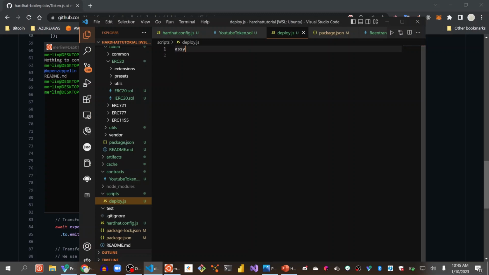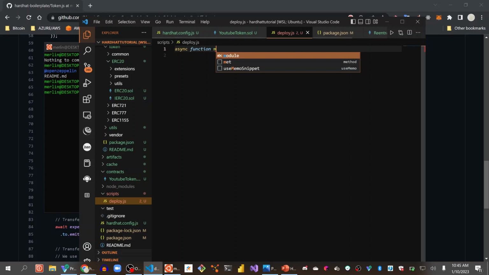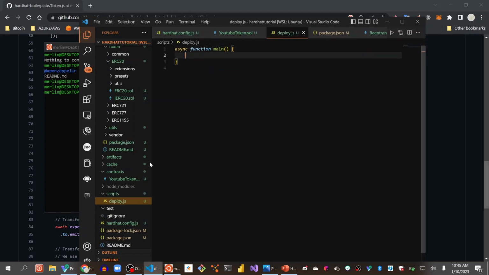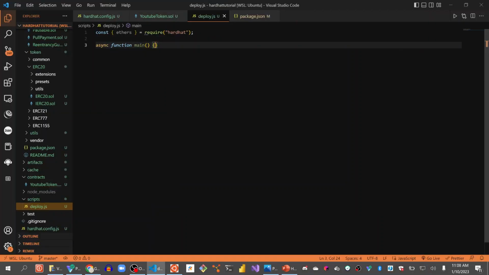Some like to test first, some like to deploy first. I like to deploy first and then test later. We will do testing. As you can see, we have this test folder right here. Now in our deploy function, in our deploy file,